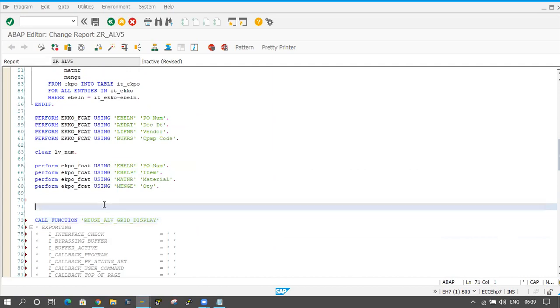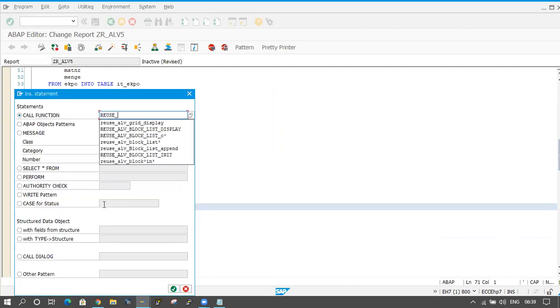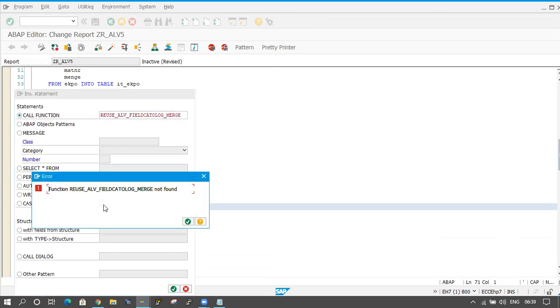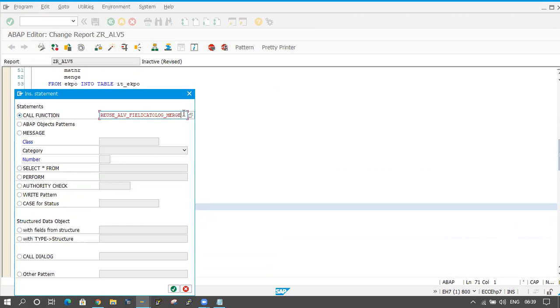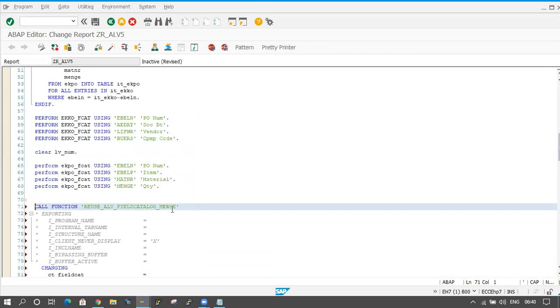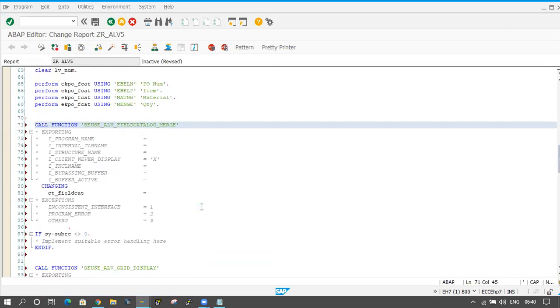Before calling this function module, sometimes you will get one more function module also. That I will also call here: REUSE_ALV_FIELDCATALOG_MERGE. This is the function module.